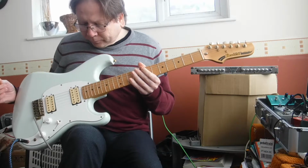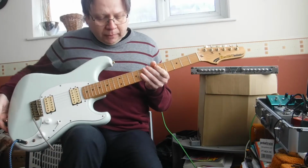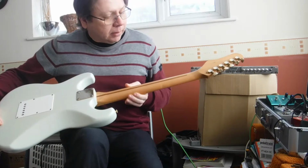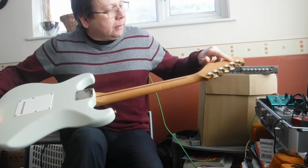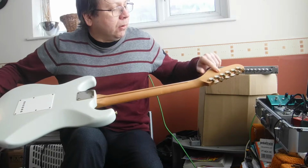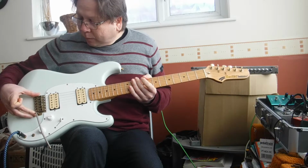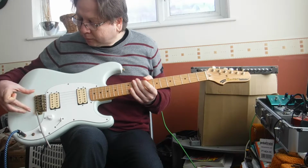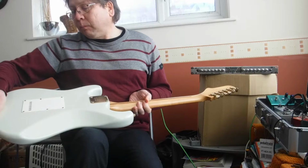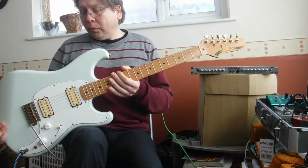Okay, so the body's made of ash. It's a maple neck with the rosewood skunk stripe down the back. Standard tuners that say Ibanez on them. They're probably Goto. They're not locking tuners. The bridge is a brass sort of Strat style, you know, like with these 6 screws, but with a nice fat brass block. So that's very similar to the other one. It's this lovely pale blue colour,